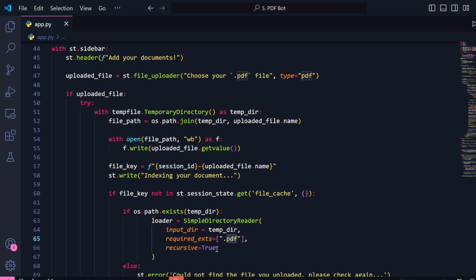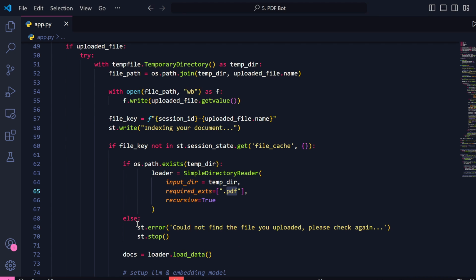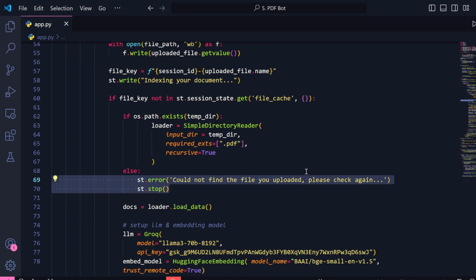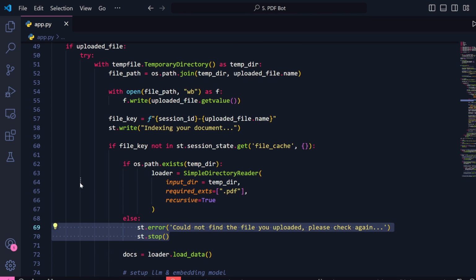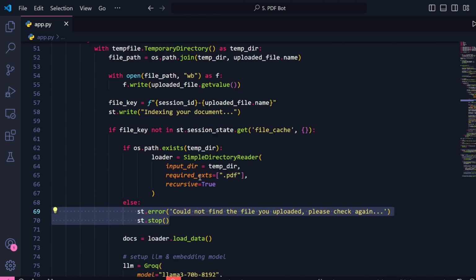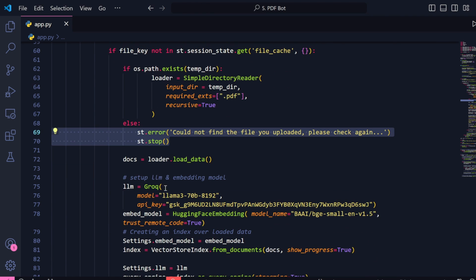But if you are thinking, I'm just going to take one PDF itself, that will also be fine. If there is no file, you can stop it and then ask them to load the data. Now if the loader is ready, we'll call the load data function, which will load the PDF contents. Once that is done, we'll create the LLM, which is Llama 3 70 billion, and you need to